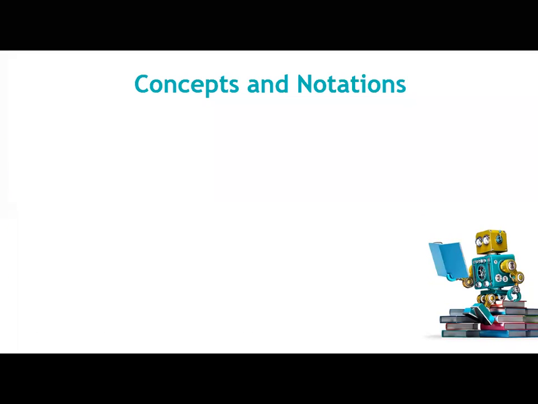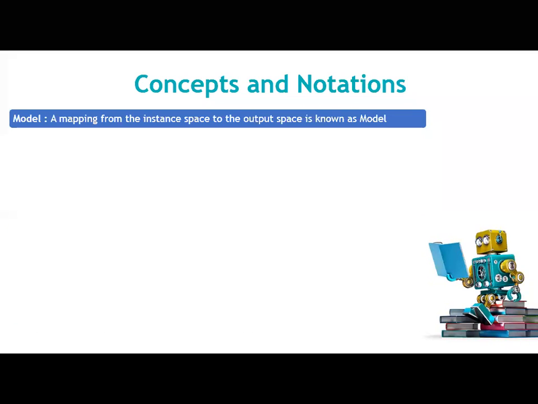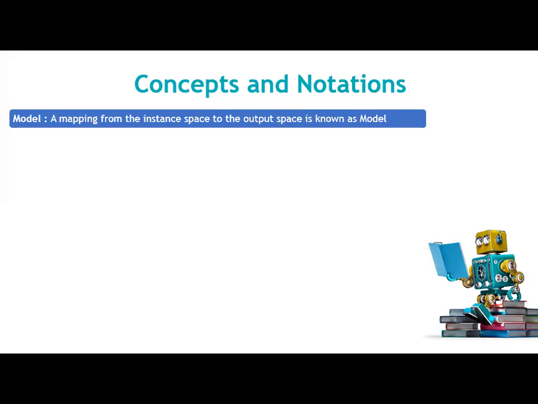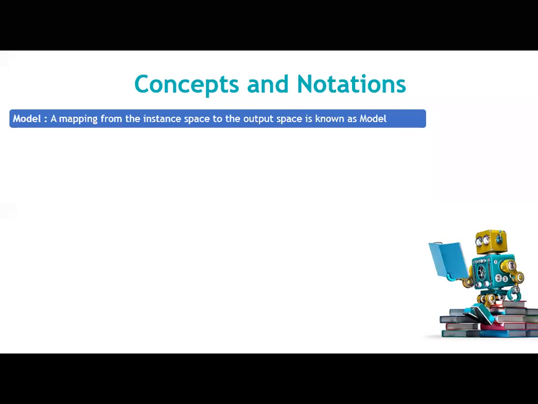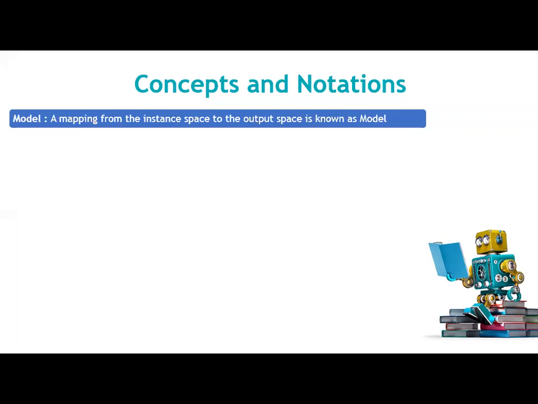The next concept we use in machine learning is the model. We have studied the model in detail in the first unit, but it is the mapping from your instance space to your output space. Suppose one student XYZ has a percentage of 42.3. The person having 42.3 will be classified into the pass class. This is a mapping from the input space to your output space. This is nothing but the model.